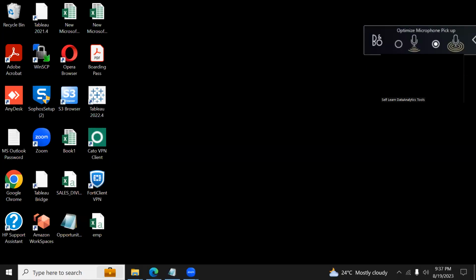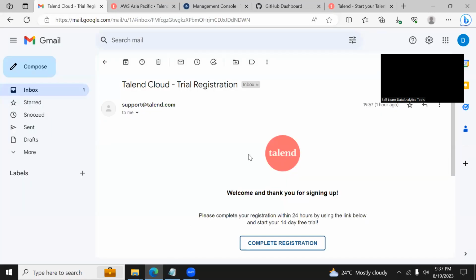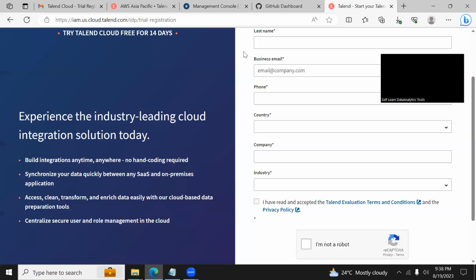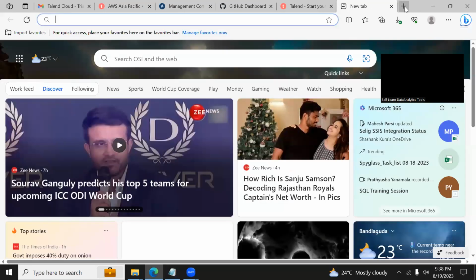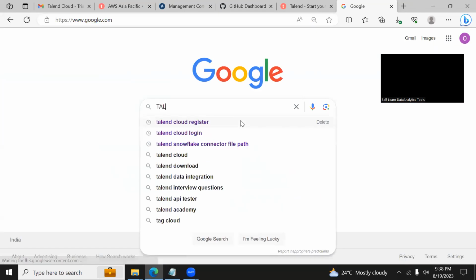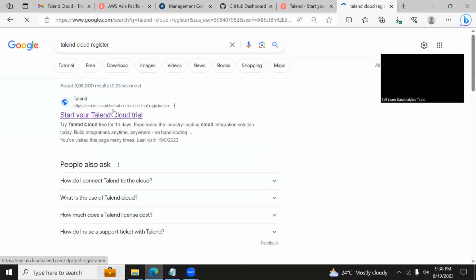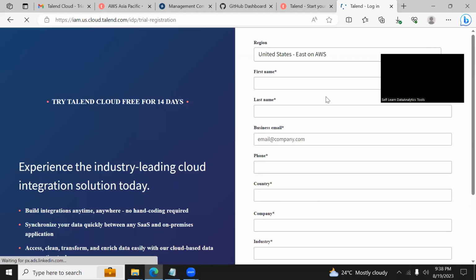Hi everyone, today we will see how to set up Talend Cloud, how to register, and how to download the Talend Studio as well. For example, you can type in Google Talend Cloud Register. When you type here, it will navigate to a page where you can start your trial version by